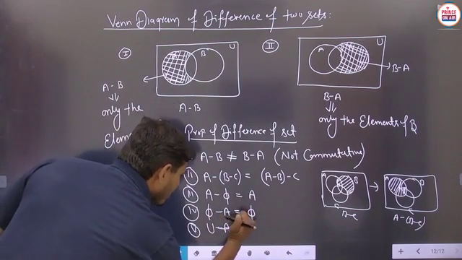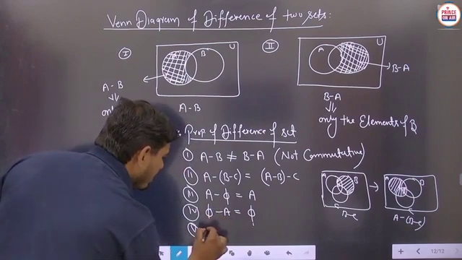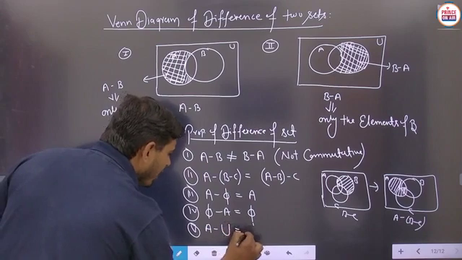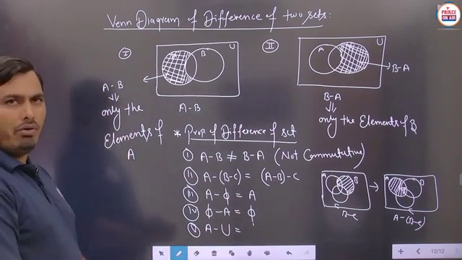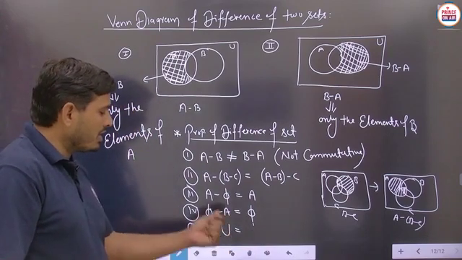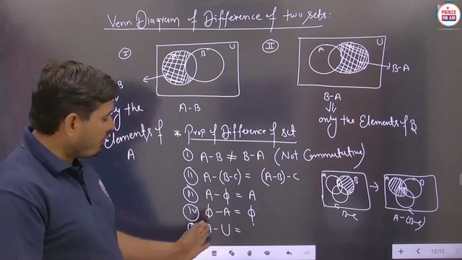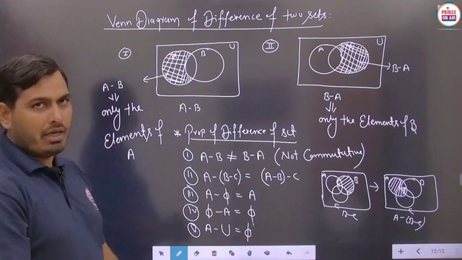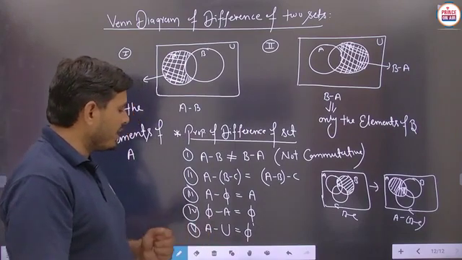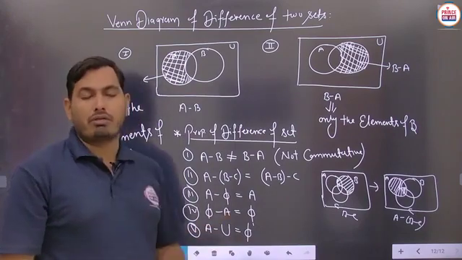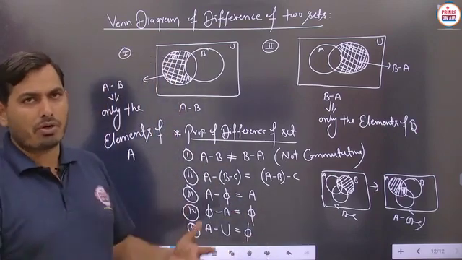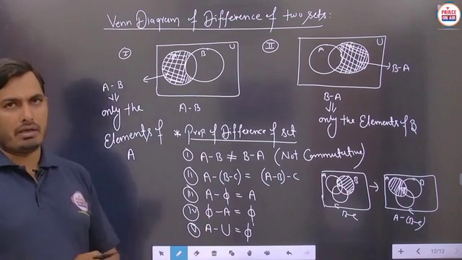But we will take the next case. Suppose we erase this part, and here we take A minus U, where U is the universal set. Now the universal set is subtracted here, so all the elements of A will be lying in it. So this answer will again be treated as phi, because no element will be there in set A which is not found in the universal set, because the universal set always includes everything in a particular context. Is it clear?